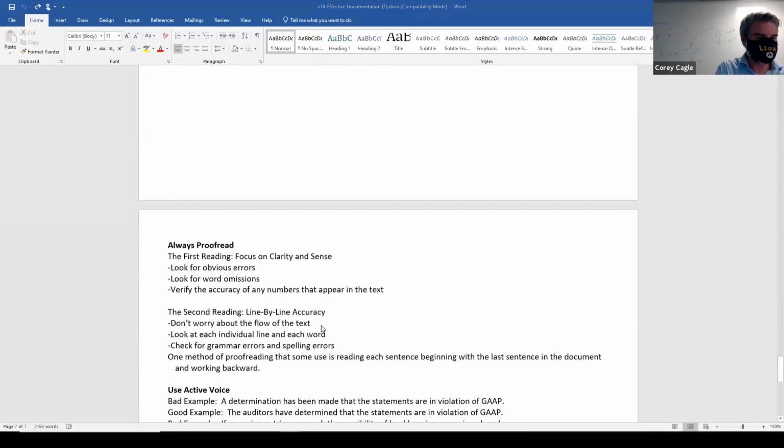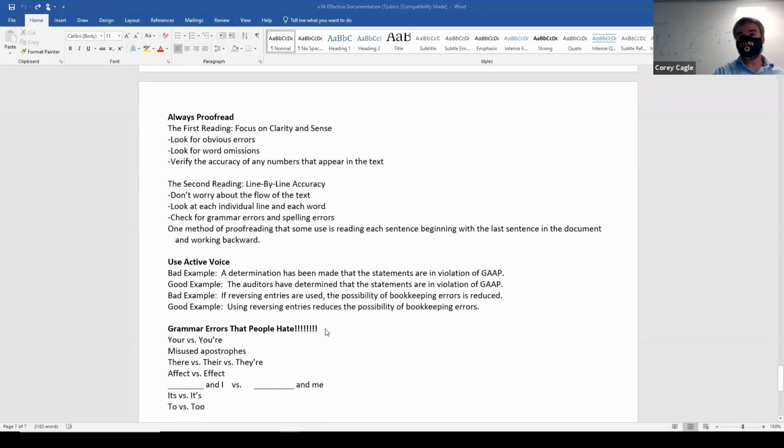We can add more to it, but always proofread. That was something I saw that a lot of people could have benefited from, proofreading the emails that they sent as the assignment. There was one where someone had started writing it one way and then turned around and wrote it a different way, but both phrases were in there. Proofreading would have caught that. Look for obvious errors, look for word omission, bad subject-verb agreement, capitalization that should have been there, and commas that should have been there, and things like that.